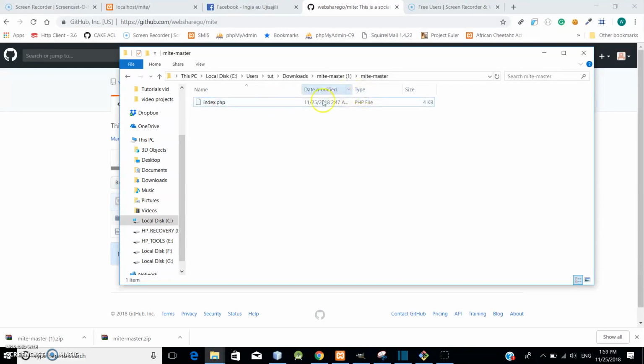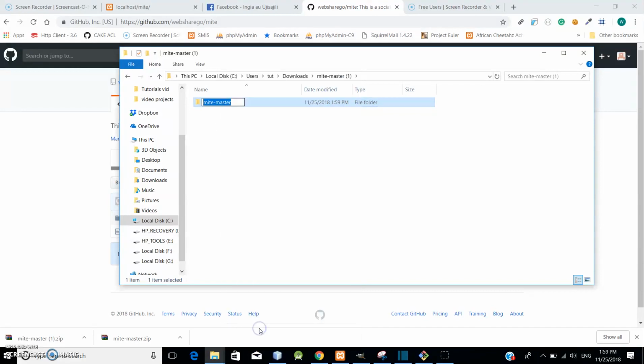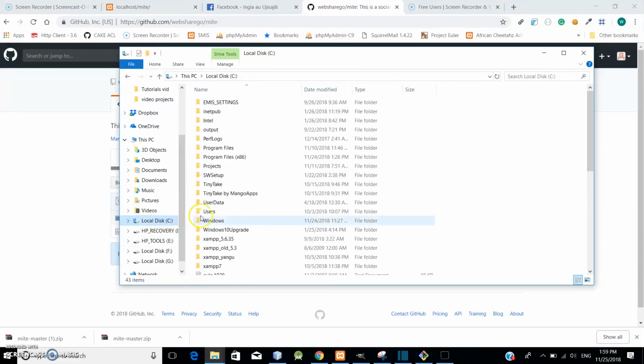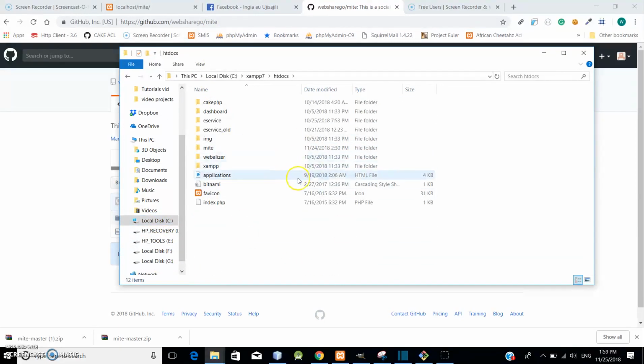Okay, so when you're ready, just take this folder and I suggest you name it Meter, then put it into your htdocs. For instance, I'll take it to C XAMPP 7 htdocs and I'll paste it here. I'll be ready to rock and roll. But